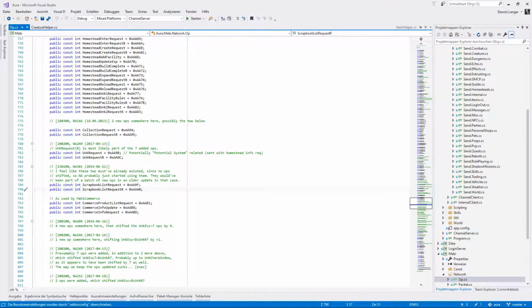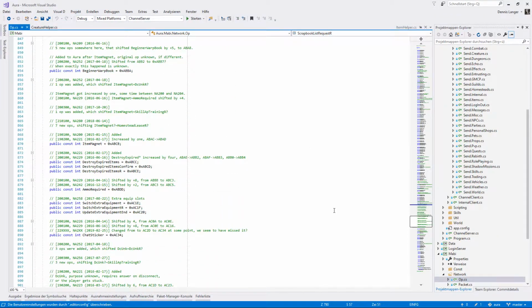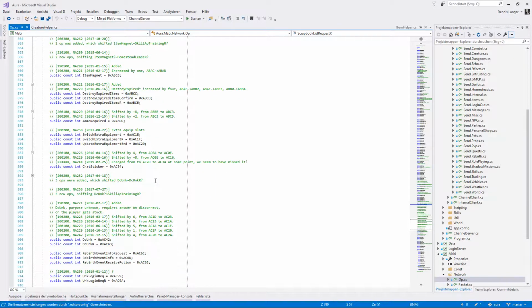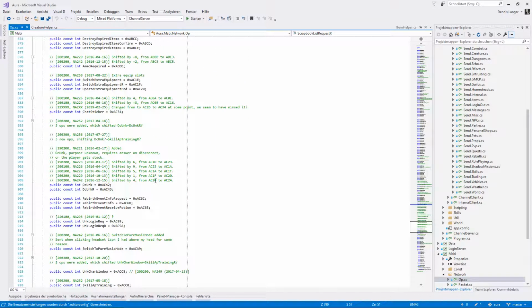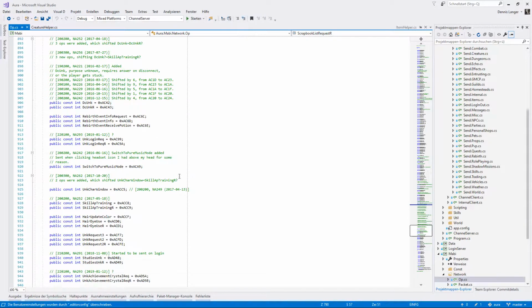We also have an unhandled AC9B, which would be the unknown login request. Yeah, I think a few ops have shifted by 2,